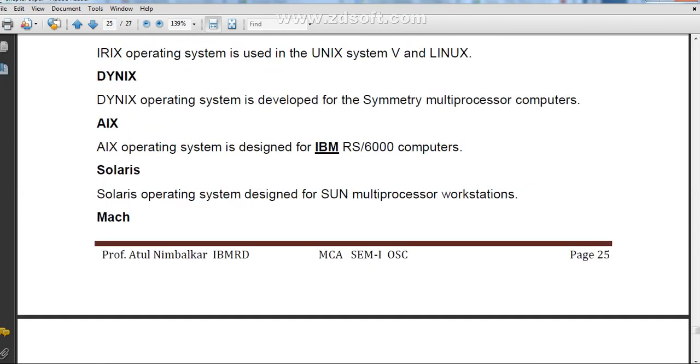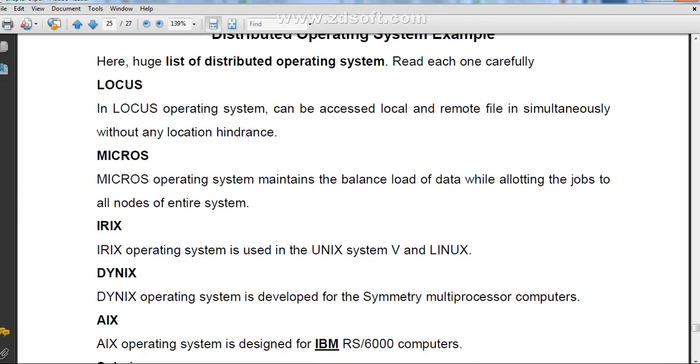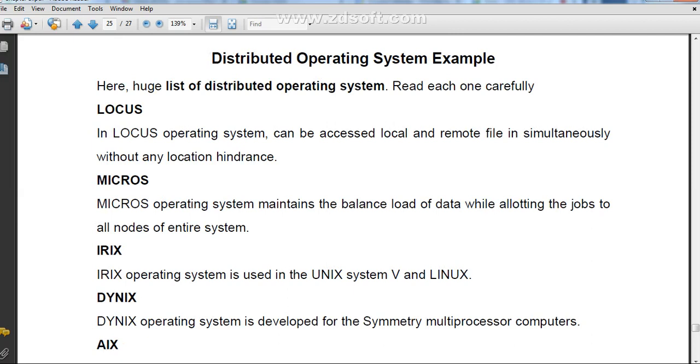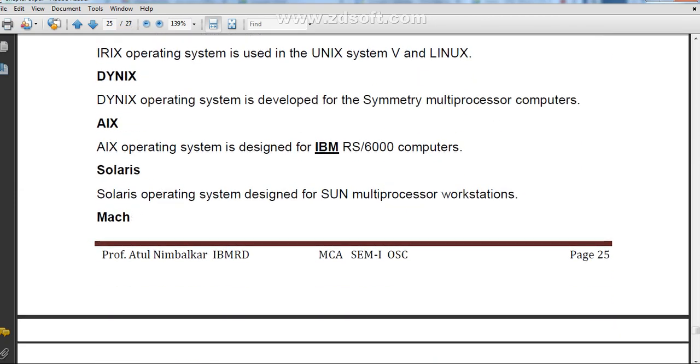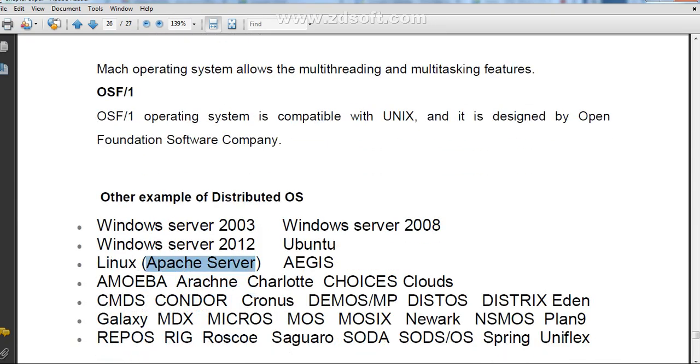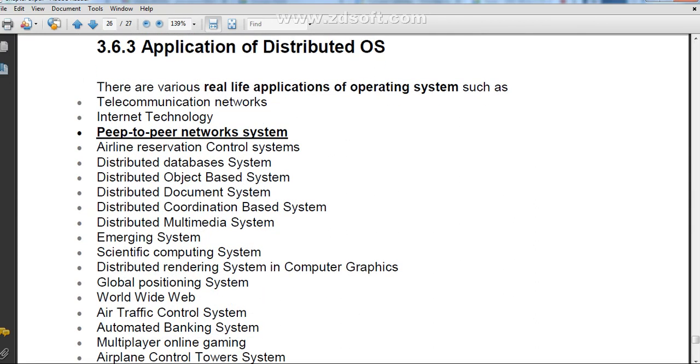Understood? Yes. Yes, sir. Then application, what are the different applications of a distributed operating system?